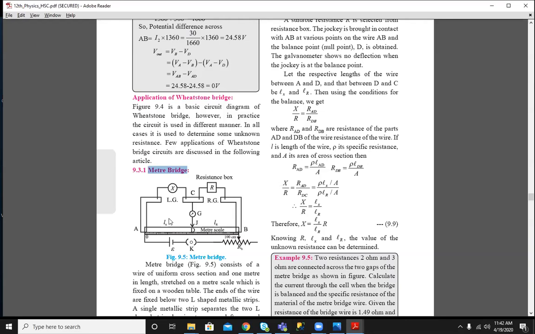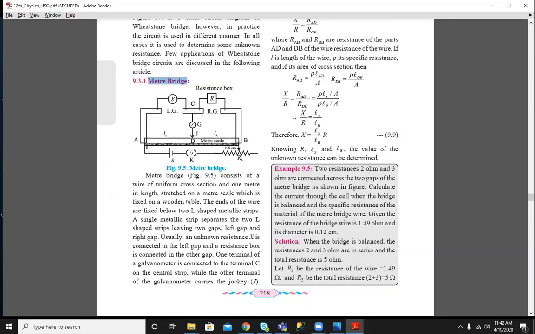So the difference between Wheatstone bridge and meter bridge is that, on the basis of construction, Wheatstone bridge uses three known resistances, while meter bridge uses one known resistance, and two resistances are replaced by the resistance of a meter wire. Okay, so let's see the construction of the meter bridge. The working is the same as the Wheatstone bridge, only the construction changes, some modification in construction.